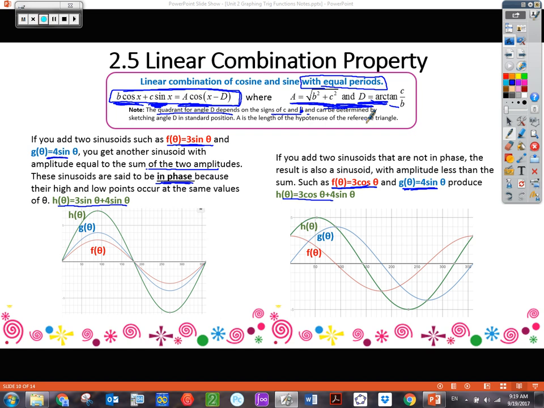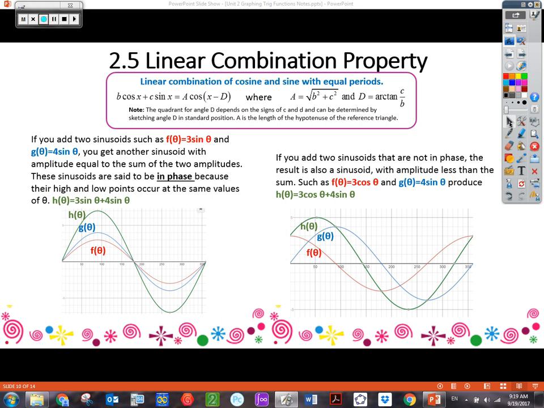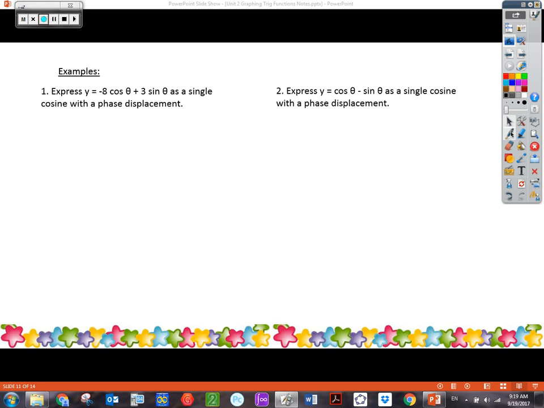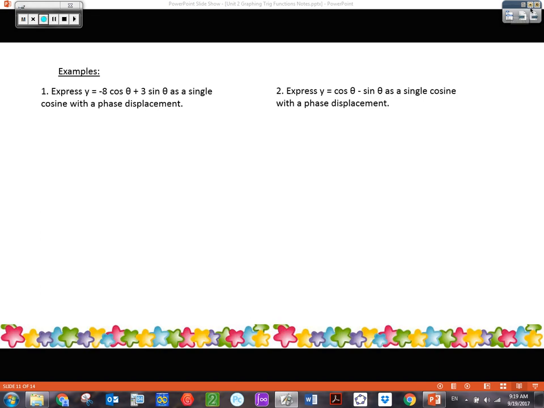Okay. All right. So questions about this content before I move to the examples? Okay, let's go to the second page. No. Only sine and cosine, that's right. Only sine and cosine. All right, so our first example, y equals 8 cosine theta plus 3 sine theta